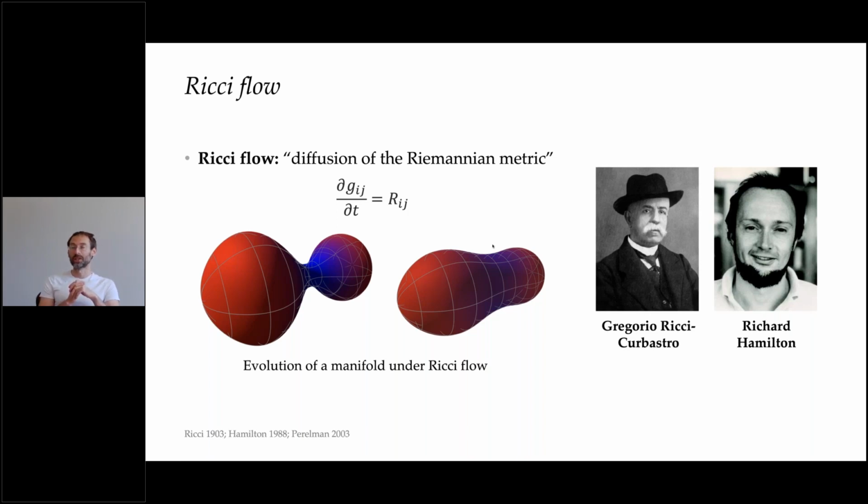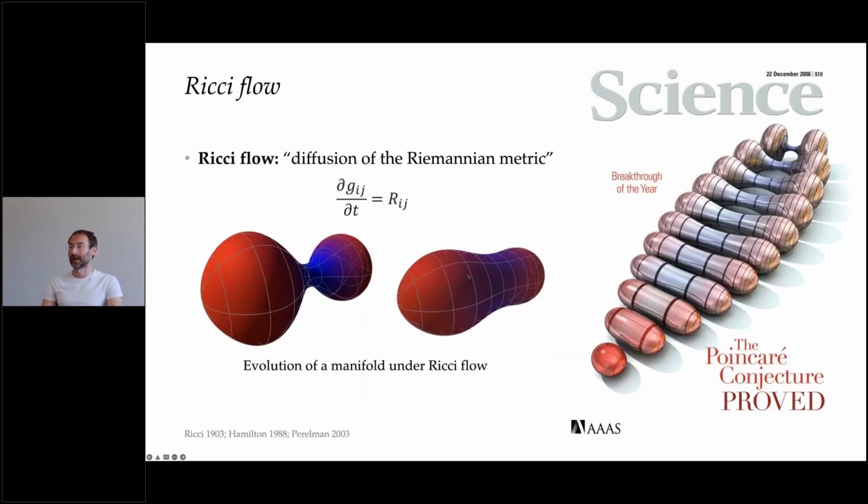So you can see the equation here. It's sometimes called the diffusion of the Riemannian metric. So we change the Riemannian metric driven by the curvature of the manifold. So the structure is similar to the diffusion equation. The properties are very different. And it is actually a big deal in differential geometry. It's used as an analytical tool. And one of the celebrated applications of it was the proof of the Poincare conjecture that was proven by using this technique of Ricci flows.